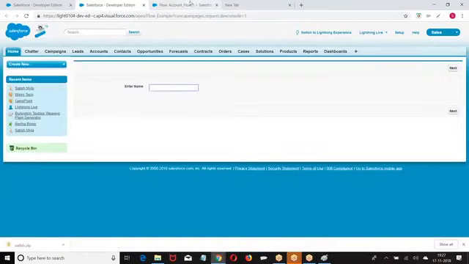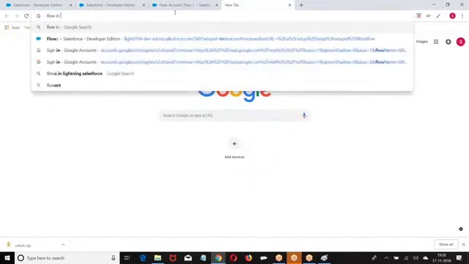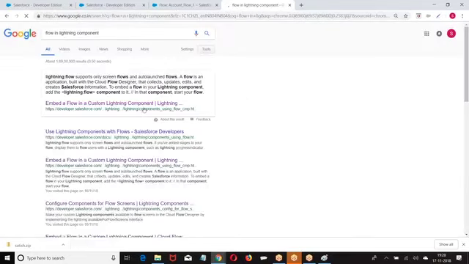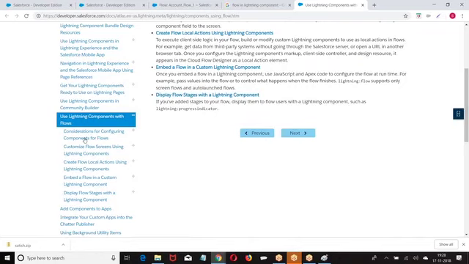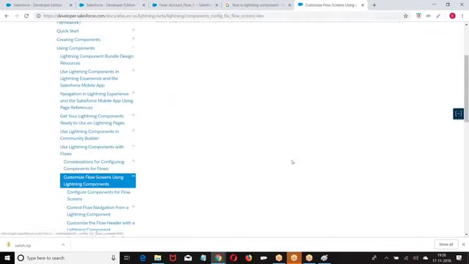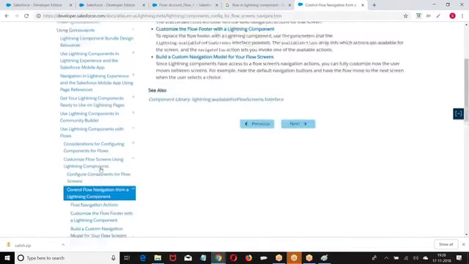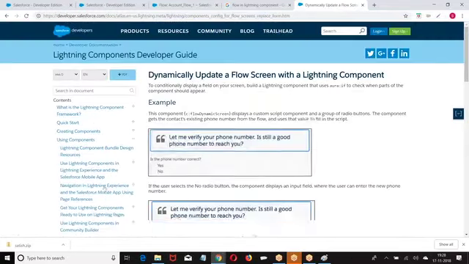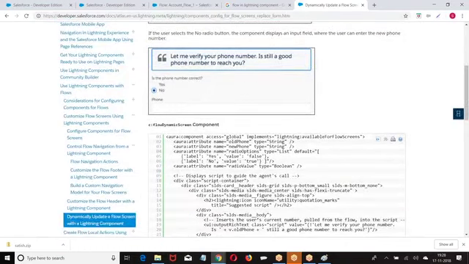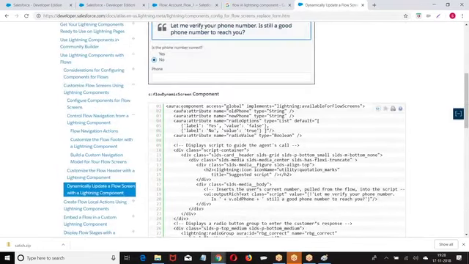First, we need to understand the predefined functionalities here. So we have lightning flow, lightning:flow, name of the component. This is the second step we are getting.